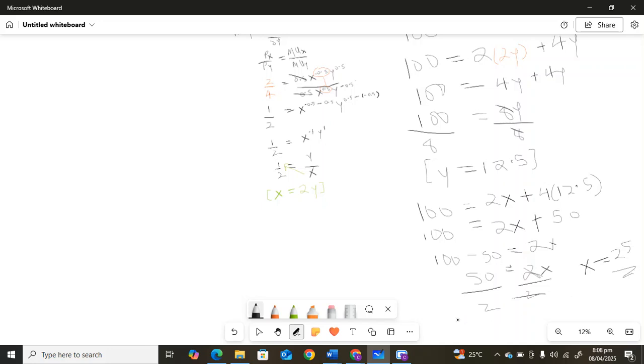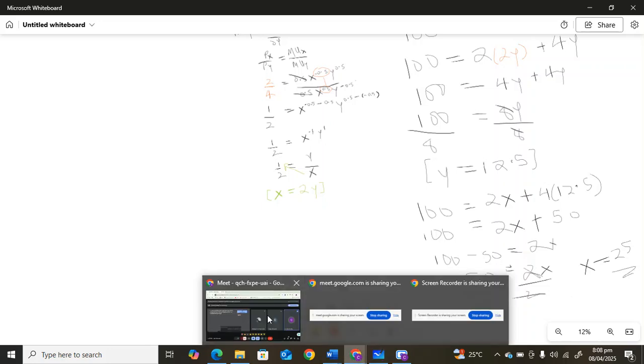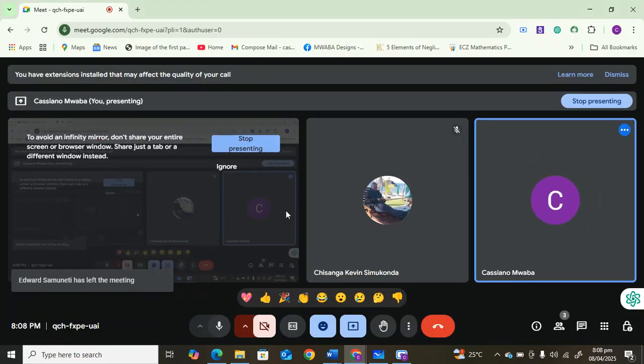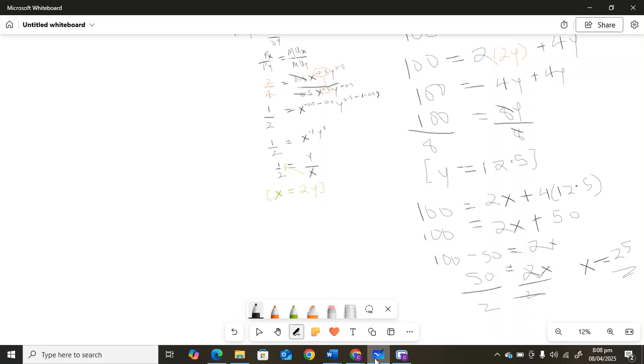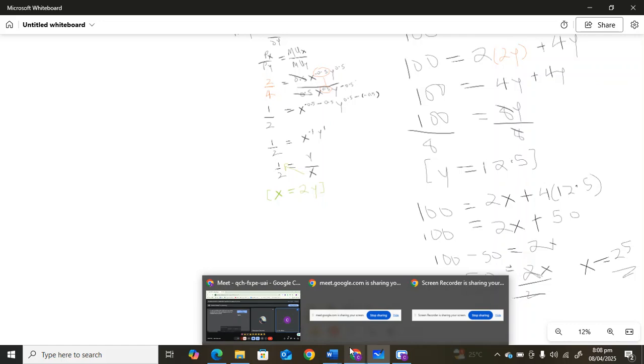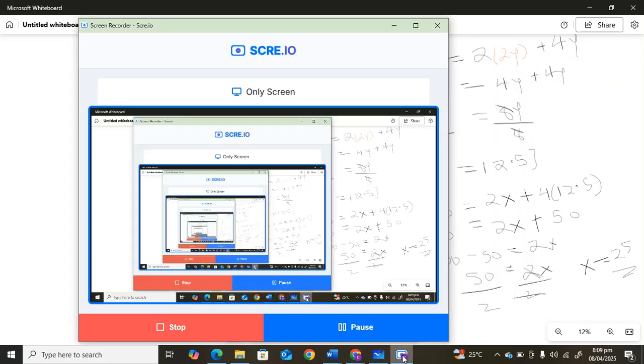So colleagues, for this person to get the most optimal satisfaction, they have to get 12.5 units of y and 25 units of good x. That way, when they buy that bundle, they will be very